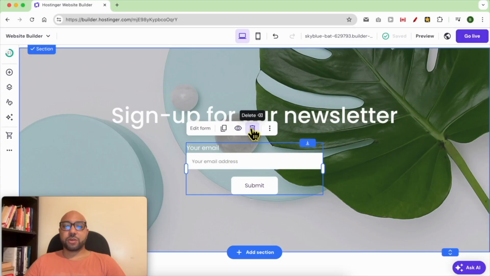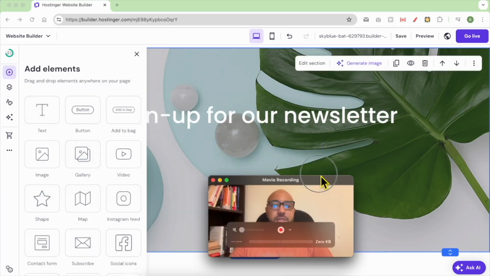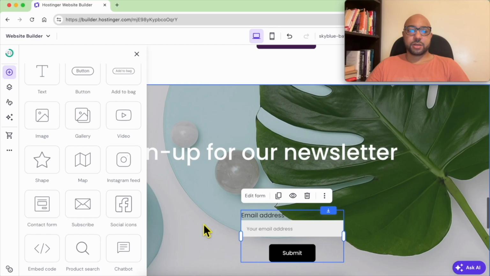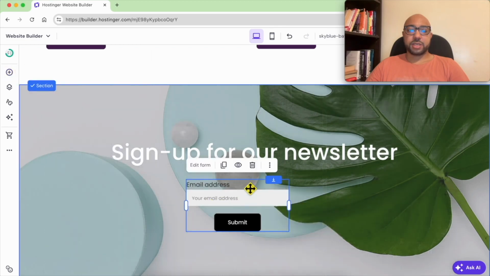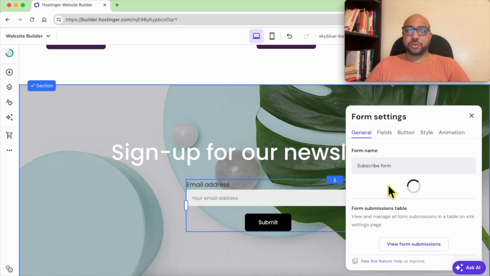To add a subscribe form to your site, just go to add element, select subscribe form or subscribe element and add it here. You click on edit form,